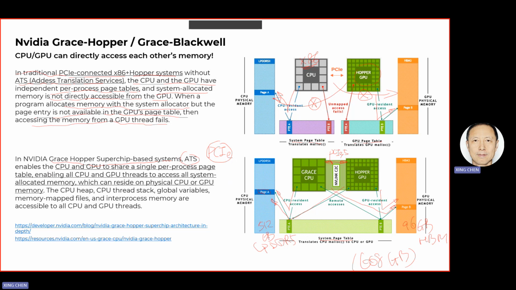Now we know it works with Nvidia Grace Hopper, and then we know the reason why it works. If you still remember in section 3, I mentioned that there is a kind of asymmetry. The CPU can access the host memory, and the CPU can also access the GPU memory, but the GPU can only access its own memory, but not the host memory. There is a kind of asymmetry regarding the memory access